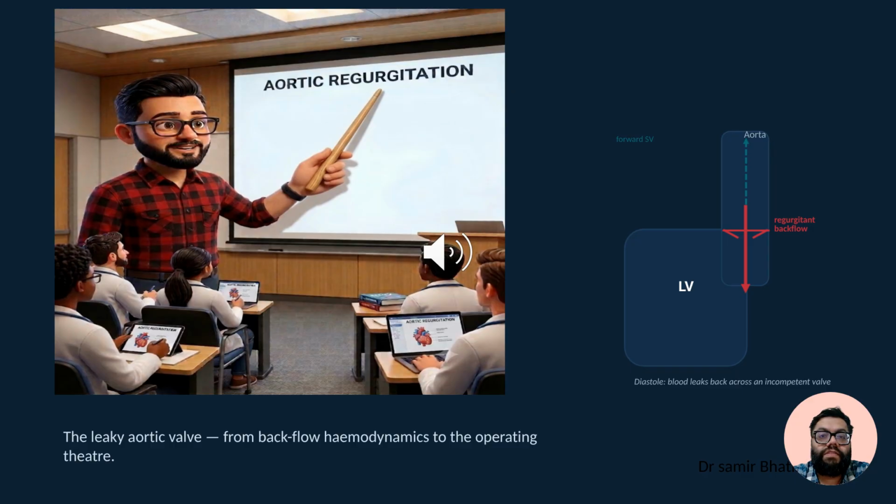Over the next hour, we are going to build aortic regurgitation from the ground up. And I do mean build, because AR is fundamentally a plumbing problem. A valve that should slam shut in diastole instead leaves the door open, so blood that was just ejected comes straight back. Everything else, the collapsing pulses, the decrescendo murmur, the enormous heart, the timing of surgery, falls out of